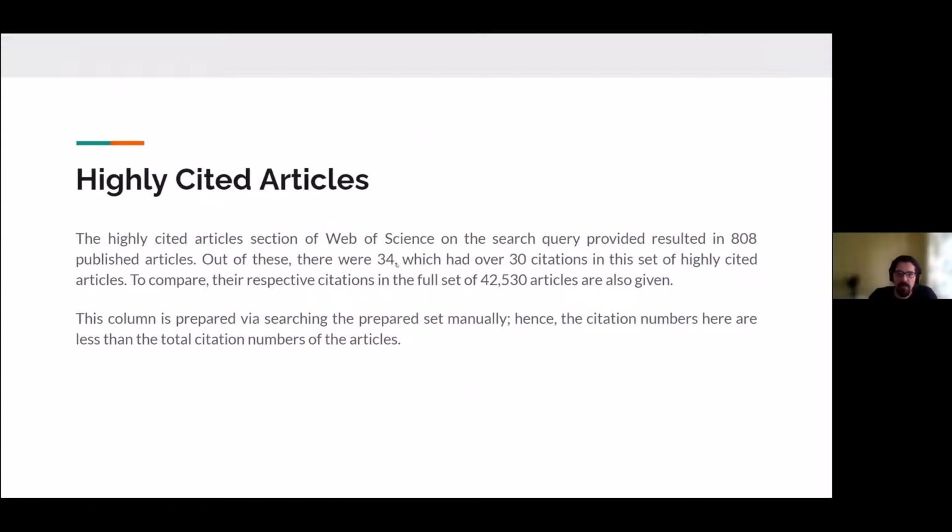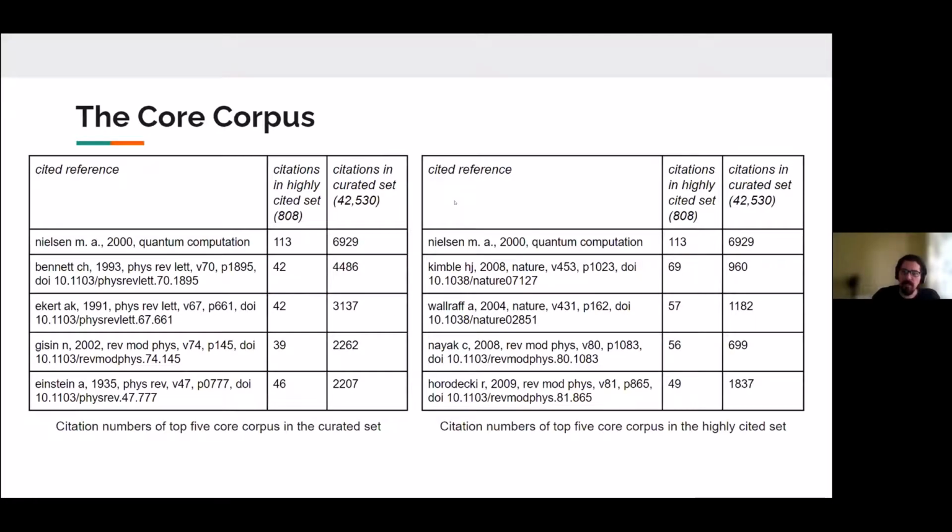And here we have found around 800 articles, and we checked the highly cited articles provided by Web of Science. It is not just articles with the most citations, but articles with the most citations that acquired those citations in a very brief amount of time. So they are really hot articles. And we looked at what those hot articles are citing versus what the general literature is citing.